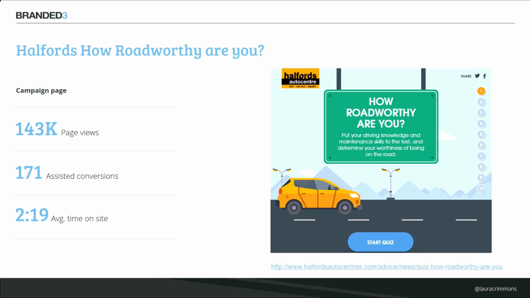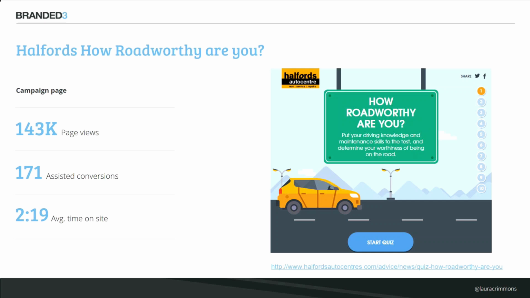And so what we did is decided we put a quiz together, basically using the Green Cross code, to see whether people could still pass their test and how roadworthy they are, i.e. should they still be on the road. We captured various data in there, so we looked at how long people had been driving for so that we could see at what point your knowledge starts to decrease. We also looked at age, we looked at region, to be able to, again, offer up those different cross-sections.